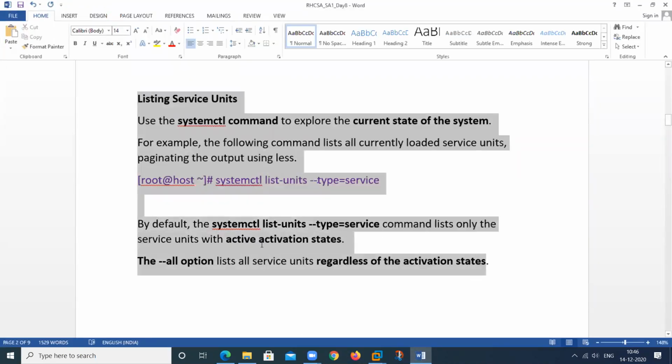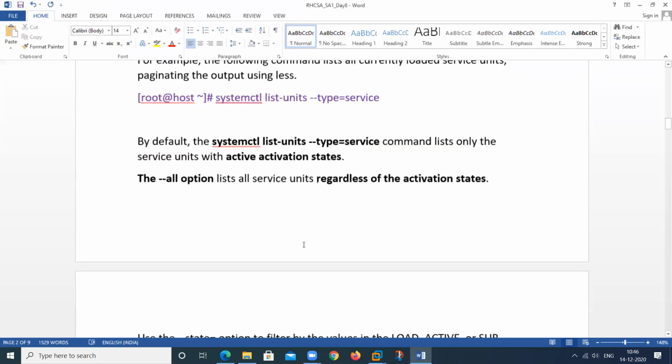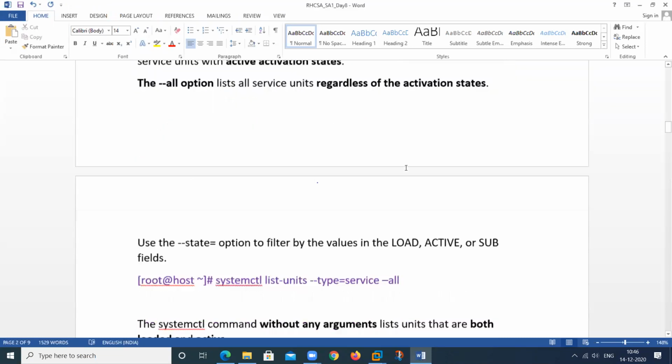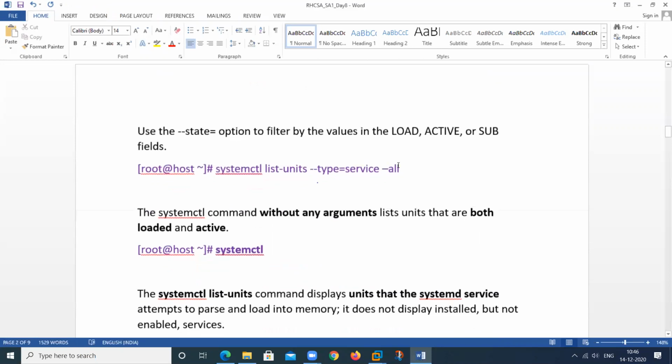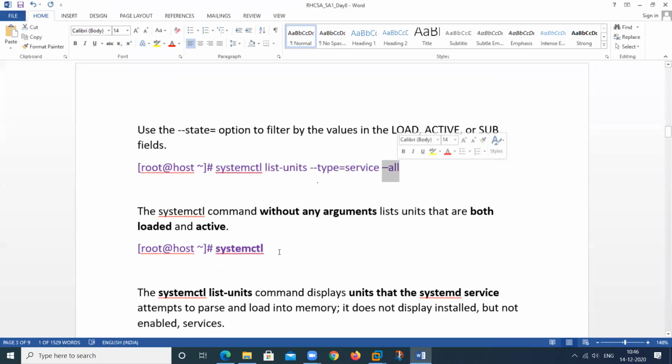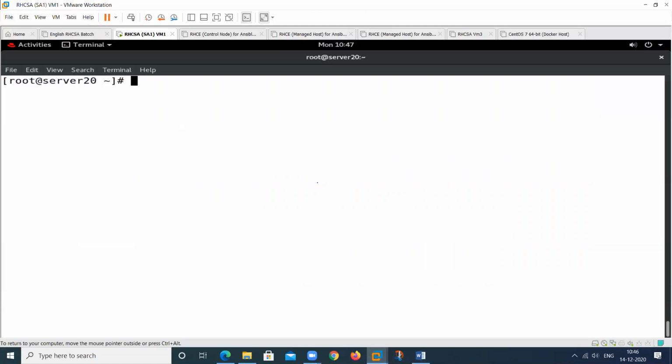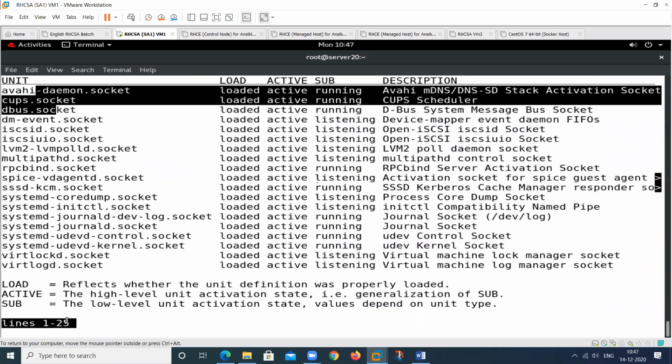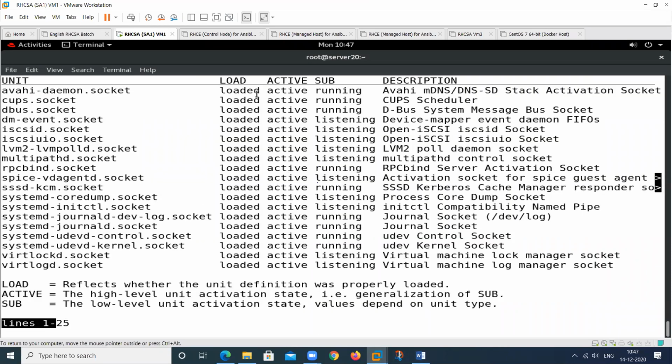If you want to list all the services, we have another concept, that is --all. All means whether it is loaded or not. See here, at this time, how many sockets are displayed? Only 25 that are loaded in my system, also active, running in my system.